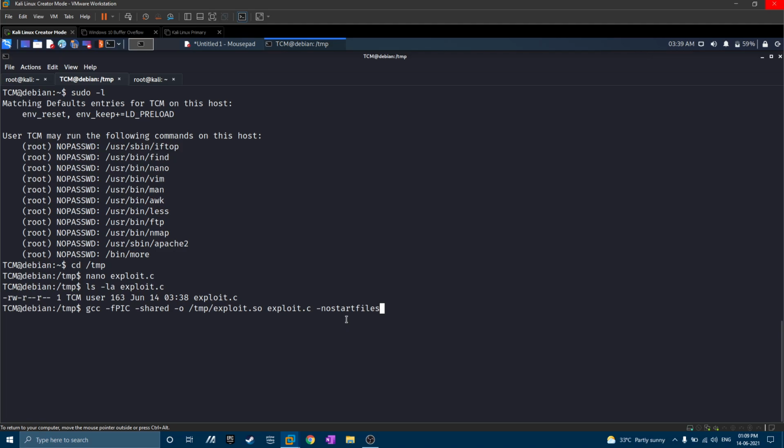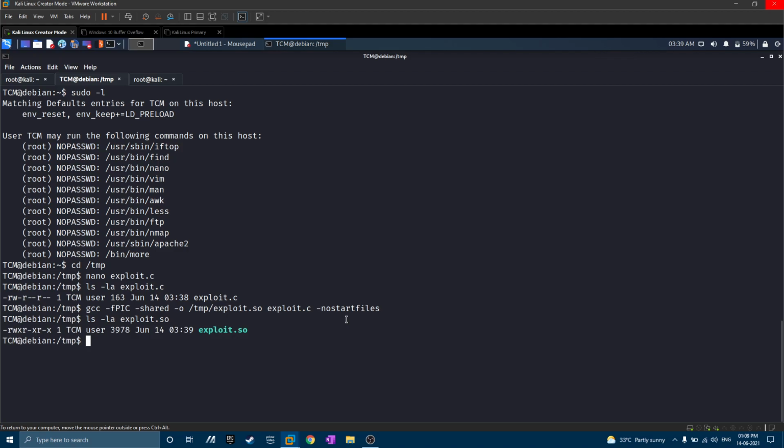Now as soon as we hit enter, we get the output, and let's check if a file is created or not. ls -la. exploit.so, so yeah, the file is now available for us.